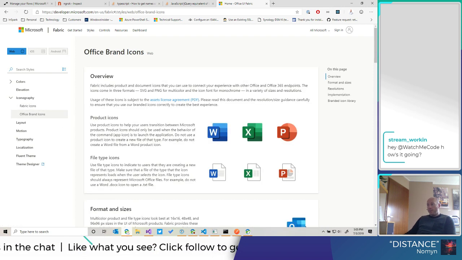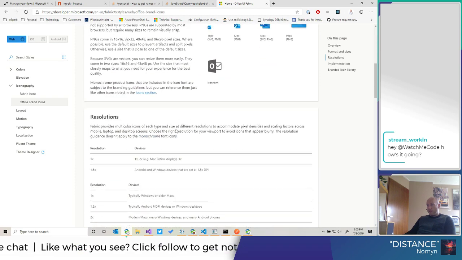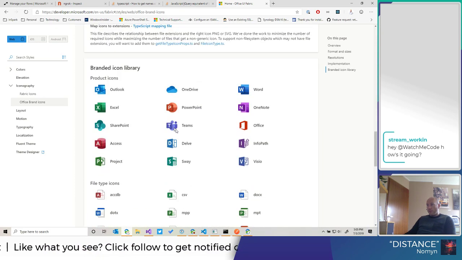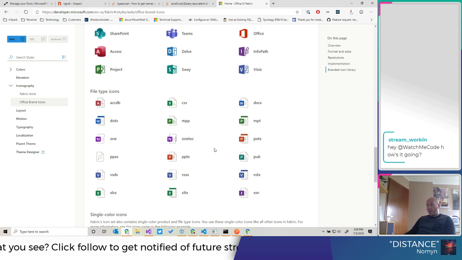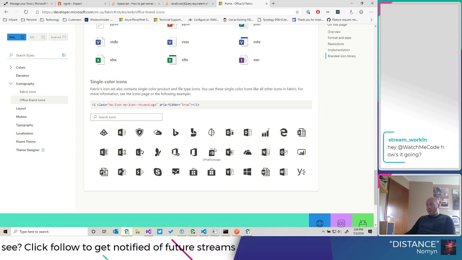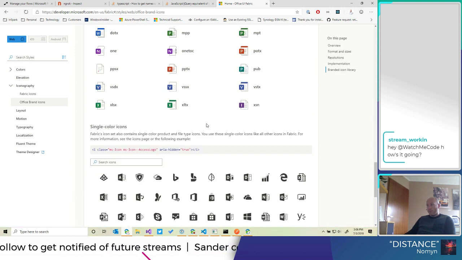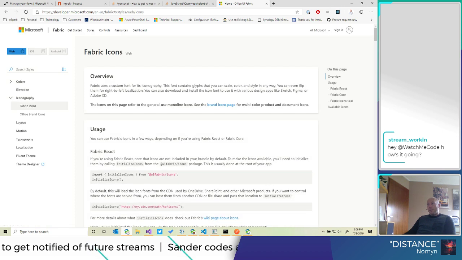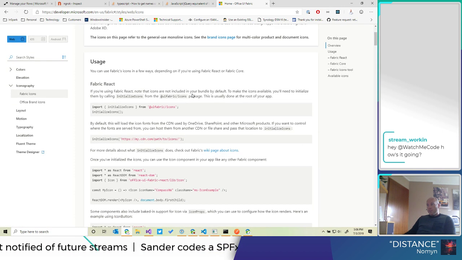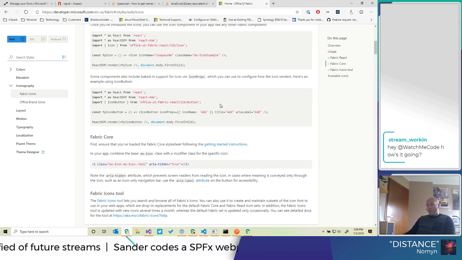And you have the Office brand icons, which is also kind of nice. So this gives you all the Office icons that are available that you can readily use in your applications. Also single color versions.